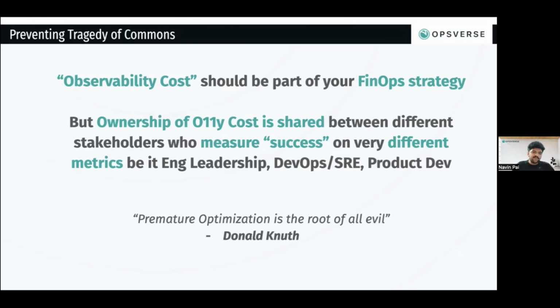For example, your DevOps team is looking at something very different when they're looking at return on investment of their observability platform. The head of engineering is looking at something very different when he or she is talking about the same thing. And an engineer is talking about something else altogether when she's talking about return on investment. So observability cost is not something you should look at from just one lens, but there are different facets you need to look at. And using some of the tools that I spoke about in the previous slides, you will be able to bring that ownership of observability cost into a shared model where different stakeholders have a say in how exactly